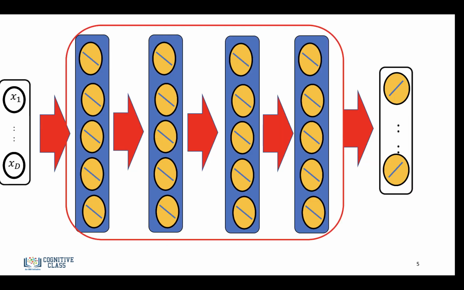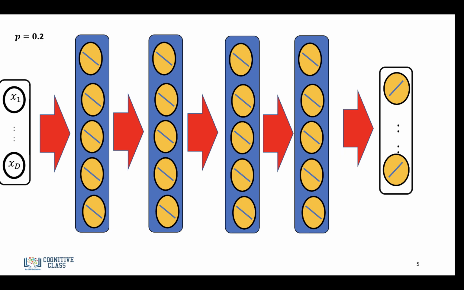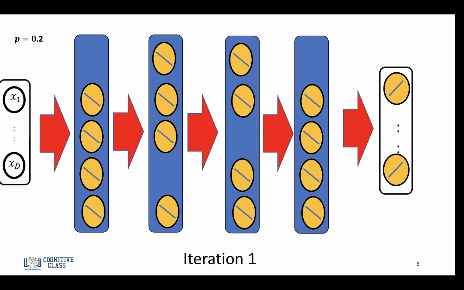So we have our neural network, and we apply dropout to the hidden layers. So what we do is we start off with a probability. And this probability basically tells us how likely we are to turn off an individual neuron independently. So in this case, we have 0.2. And for the first iteration, with a probability of 0.2, we'll turn off that neuron. And I like to use the expression kill a neuron. So in actuality, what we're doing is we're actually calculating a value for that neuron, but we're multiplying the outputs of that neuron by 0.